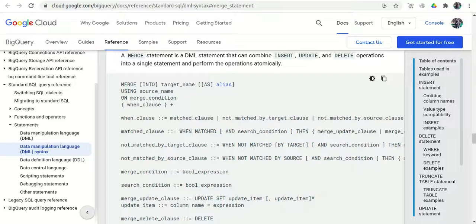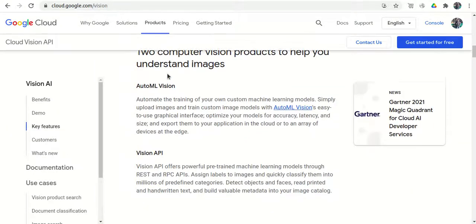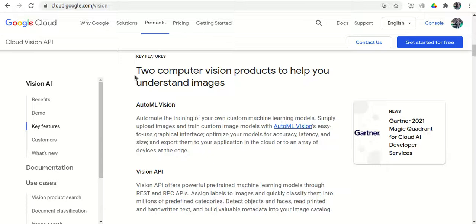If you go to the official documentation, we have two computer vision products to help you understand images: AutoML and the Vision API. AutoML automates the training of your own custom machine learning models. You simply upload images and train custom image models.